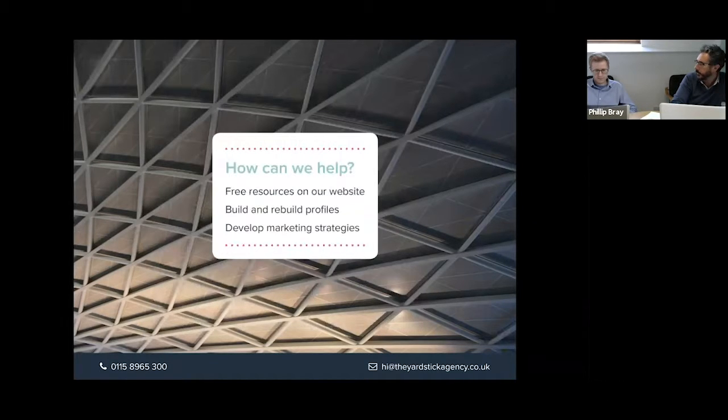There's a load of free resources on our website for you to use. We, as a company, build and rebuild profiles on Vouched For, Unbiased and Advisor Book. Currently, we charge £250 per profile for Unbiased and Vouched For, and we do Advisor Book for free, simply because it's relatively straightforward when you've done the others, and we want to support Ray and what they're trying to do there. And that's plus VAT, I should say. So we can build them for you, and we know what we're doing. And of course, we develop marketing strategies for firms as well. But if nothing else, go and use the free resources on our website.